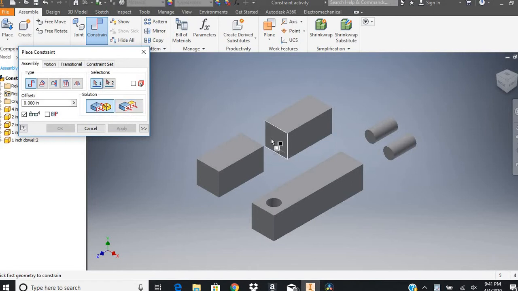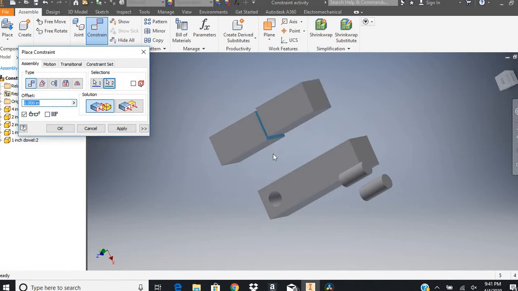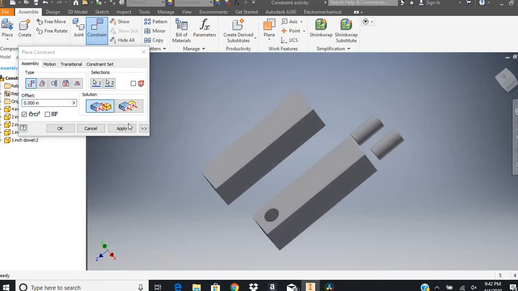So I'm going to come over to my two smaller blocks here, and I'm going to make sure I select the entire face here. You can see how it grabs that entire face. And then I'm going to rotate around so I can see the opposite face right here that I want to join together with it. And when I click on it with those two, and click apply,